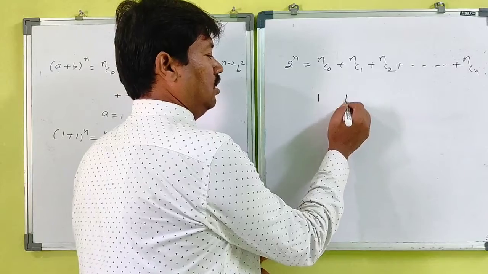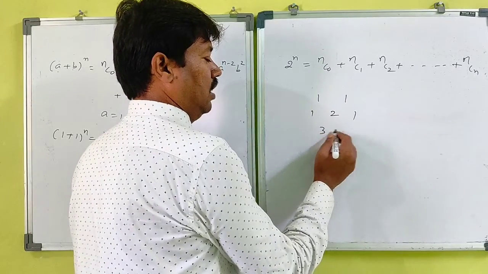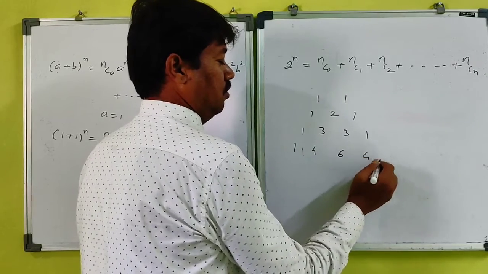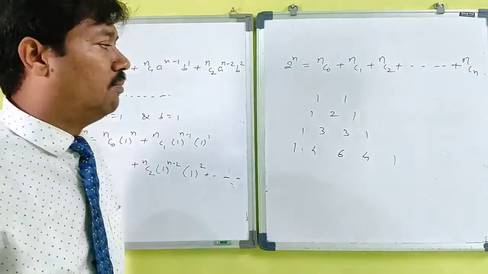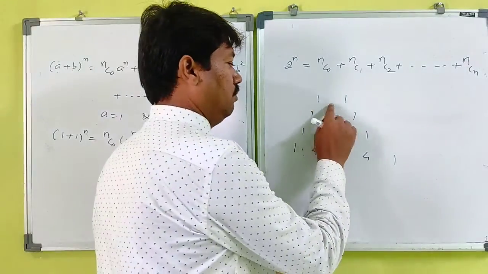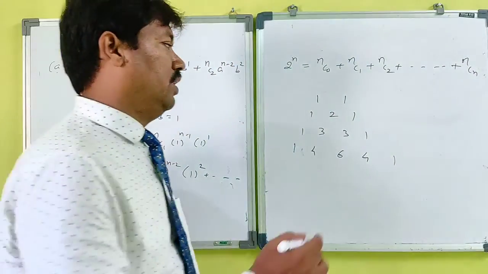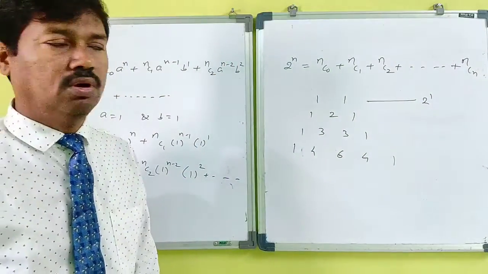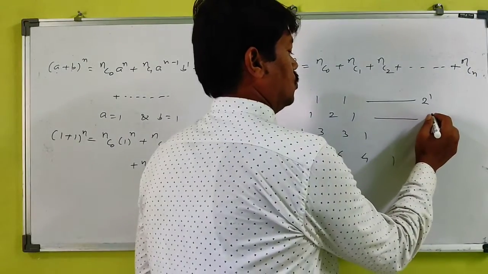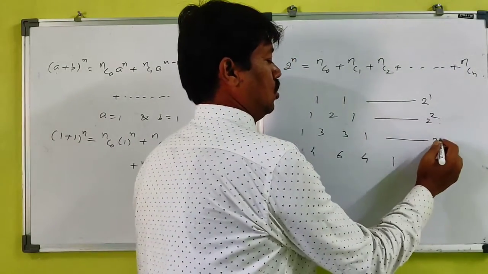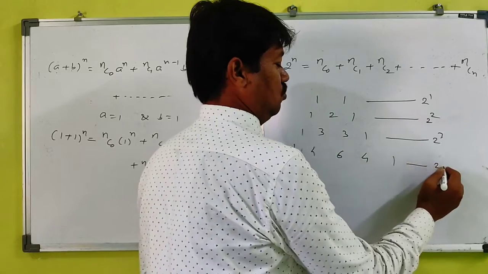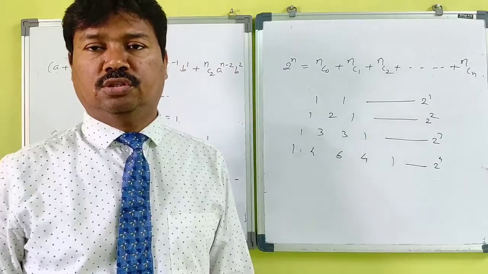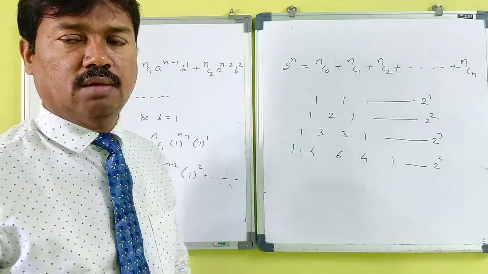My Pascal's triangle is 1 1, next is 1 2 1, 1 3 3 1, 1 4 6 4 1. So if you observe the sum of the coefficients here, 1 plus 1 is what? 2. So it is nothing but 2 raised to 1. 1 2 1, sum is what? 4, and 4 is nothing but 2 square. This is 2 cube, 8, this is 16, so it is 2 raised to 4. That is, depending on the power of the expression, the sum of the coefficients always becomes 2